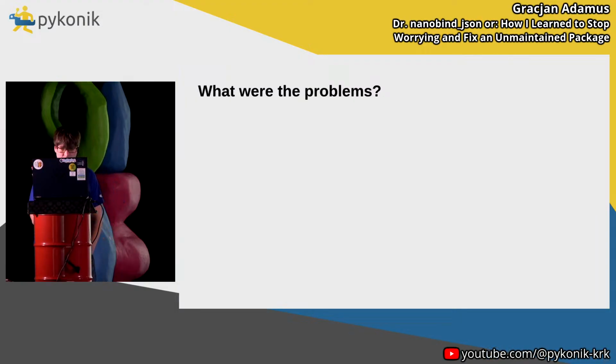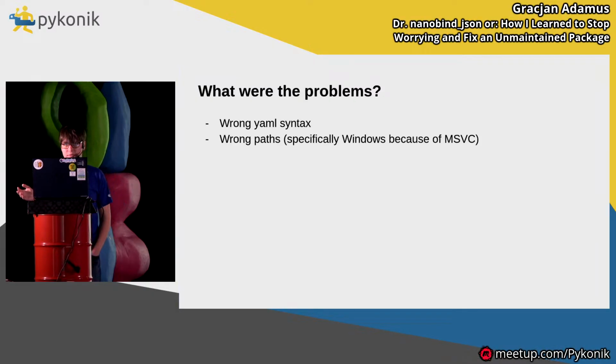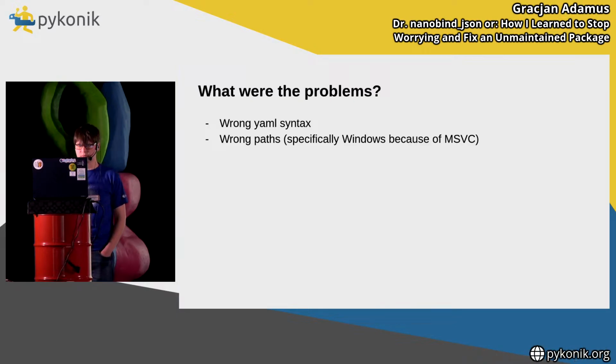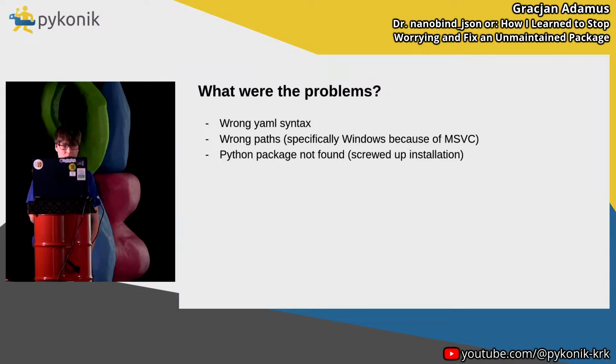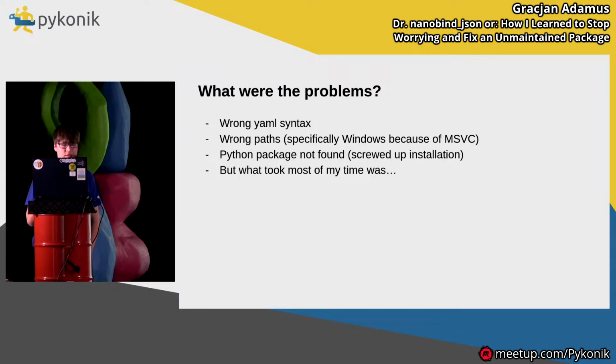But in general, the problems were wrong YAML syntax, wrong paths, specifically on Windows, because their compiler creates the executables and objects in a different folder, like debug, release, all that stuff. Also, there were cases where the Python package was not found because I screwed up the installation. But what was